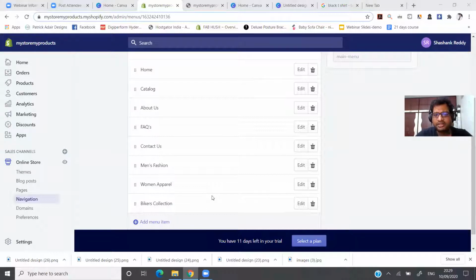Okay, let me take questions. Is it possible to change the name of shop in Shopify? If you booked a domain, I think it's not possible right now. What is the charge of the tax? You're not going to charge any tax as of now because I forgot to change that. What to do when your collections grow in size? It looks ugly on main menu. Then you can actually have a drop down option. I'm going to train you on that, don't worry about that.